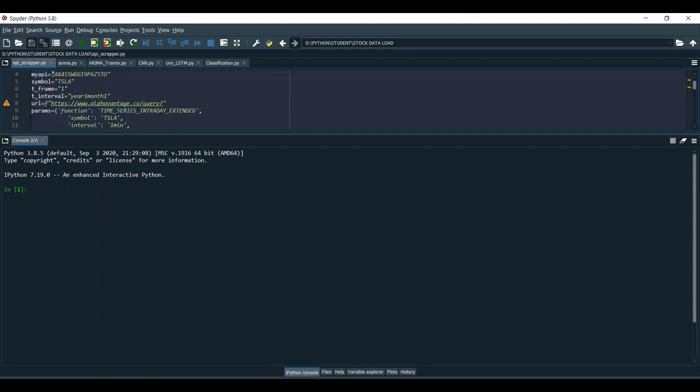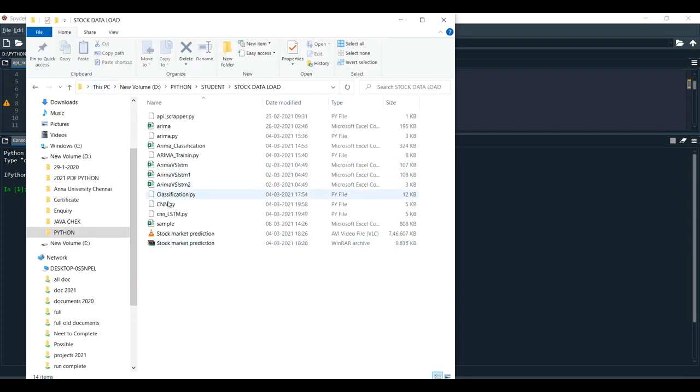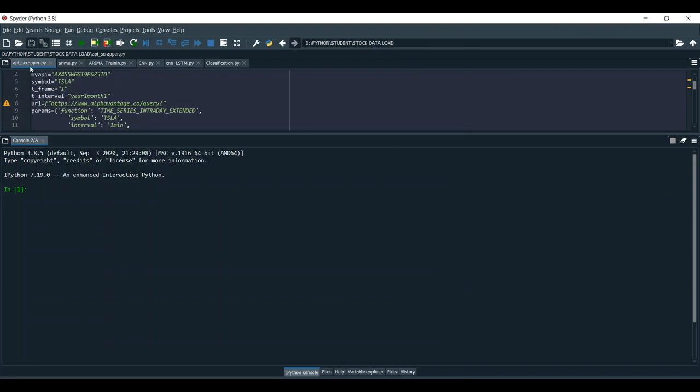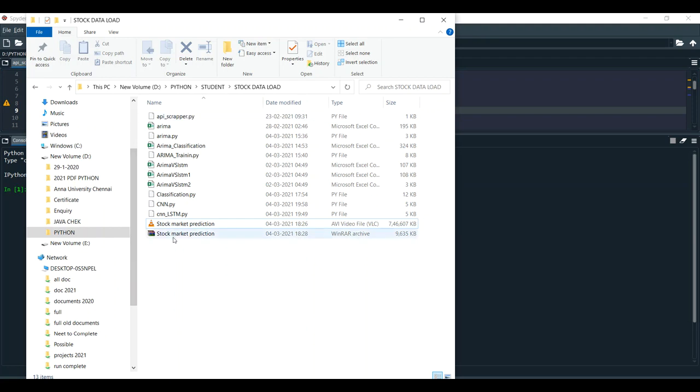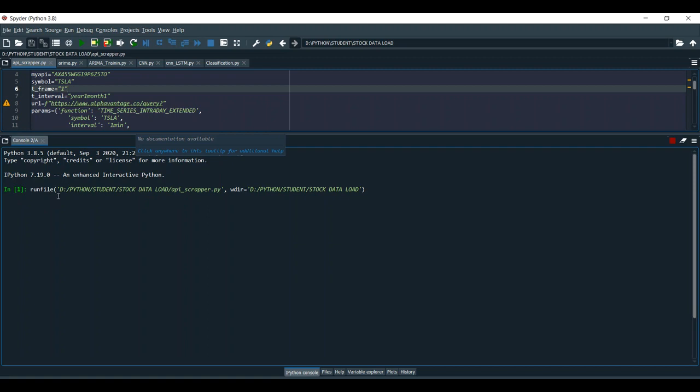For that, this is my API, and for this symbol I am going to predict. The next step is executing the project, the real-time stock prediction data set API process. Once it is executed, it will create a sample.csv file. So right now I'm going to execute. I'm going to get the sample.csv file as the output, a real-time data set of that particular